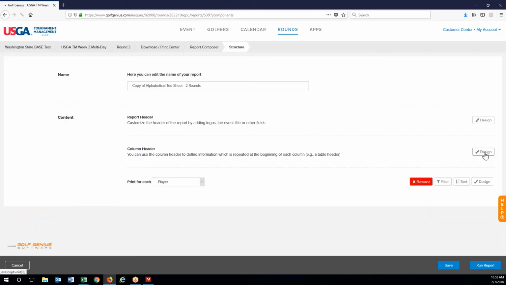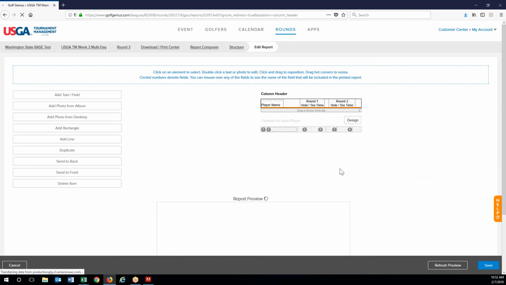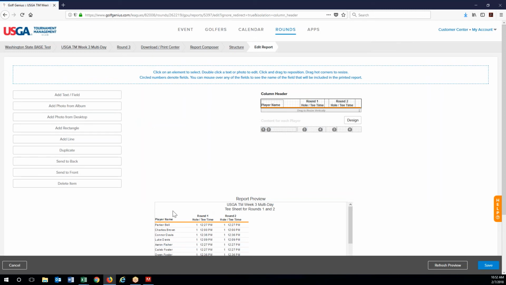go to our column headers, and this is the information here and there that we're modifying. And then as you can see below, this is the content that we have set in there. And we can't modify that right now because right now we're just playing with the headers. Let's say we want to design those. So